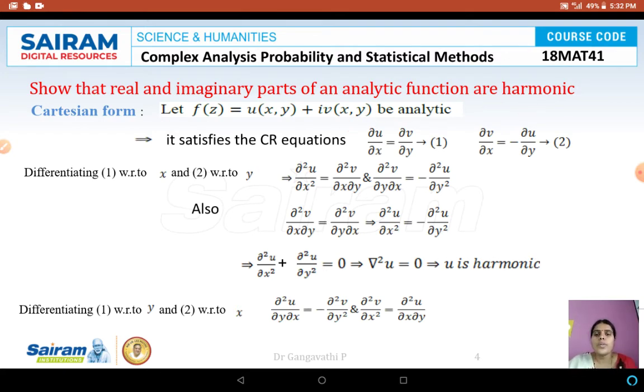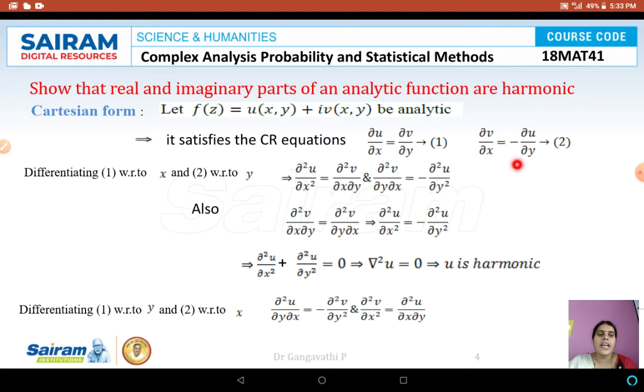In order to do that, as I was telling you, while considering this order, the first equation should be differentiated with respect to x and the second with respect to y. If you change the order, what will happen? We arrive at the second result. So differentiate 1 with respect to y and 2 with respect to x. When we do so, the first equation results in dou square u by dou y dou x is minus dou square v by dou y square.